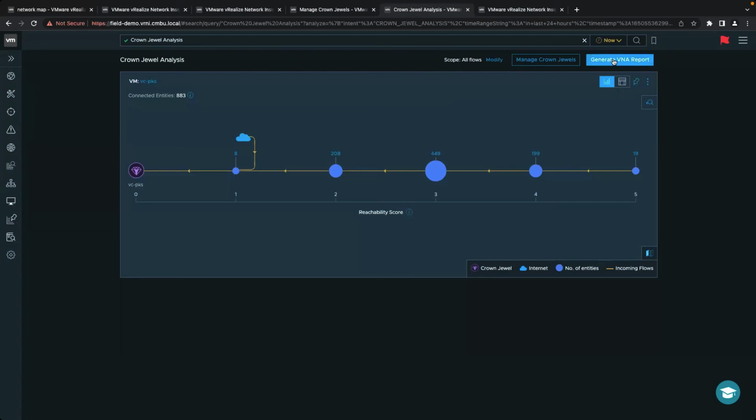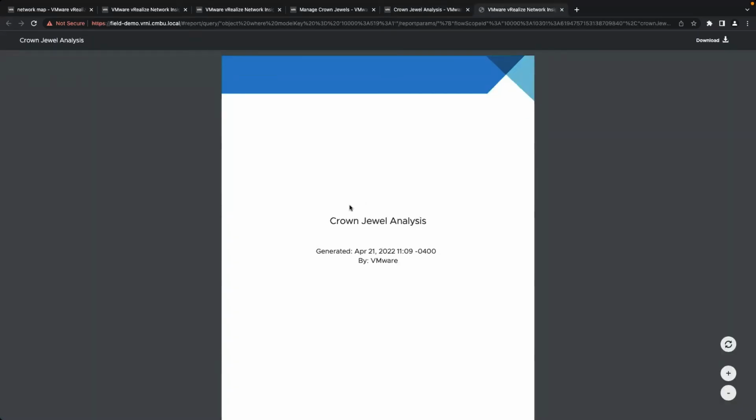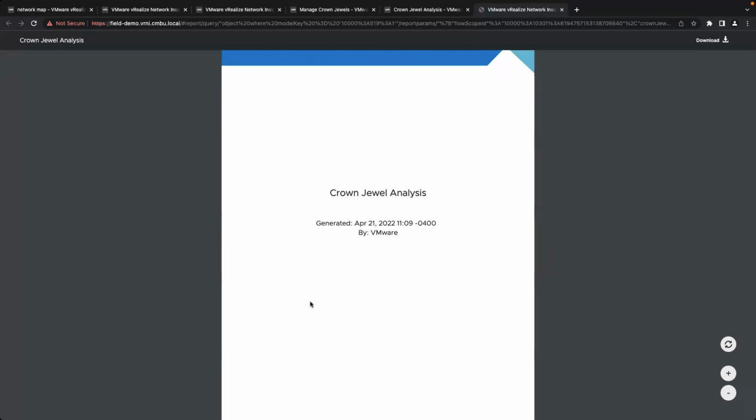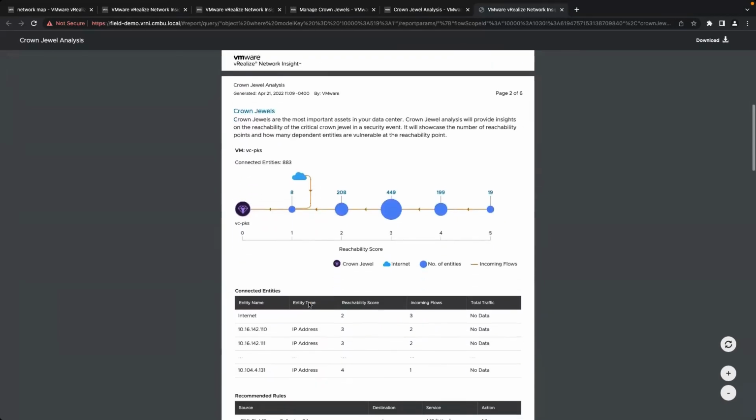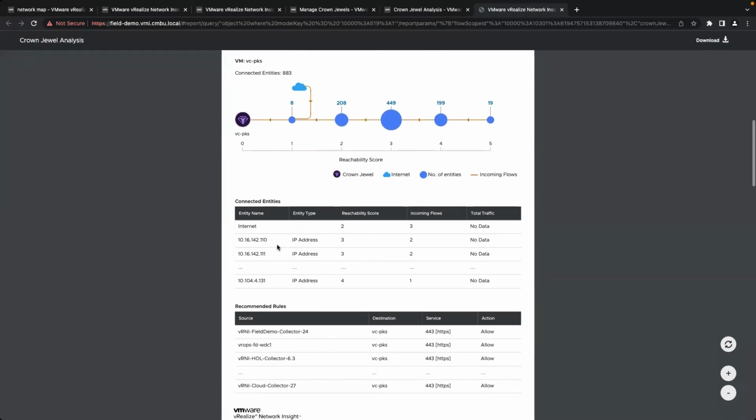Lastly, we also have the generate VNA report. So when you click that, it's going to generate the PDF report. I've already done it just for time's sake. So here you're going to see the actual PDF that you can download and share either as a file or print. And then as you scroll through, you're going to see the details around the crown jewels that you ran analysis against. So I can see my vCenter along with all the entities, the detailed information, along with the connected